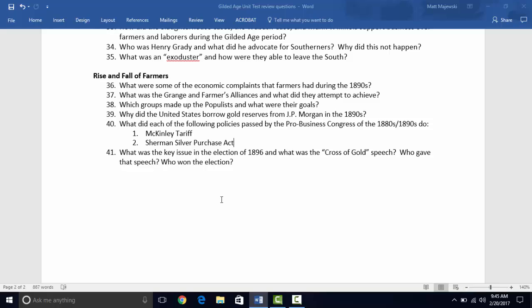Bryan gave a really famous Cross of Gold speech in which he basically likened farmers to Christ and said they're being crucified on a cross of gold by big business and government, that farmers are getting killed here, not literally, but that they're economically being destroyed and harmed by the decisions of big business, industry, and banks and politics. Despite Bryan's very famous speech, one of the most famous in our history,